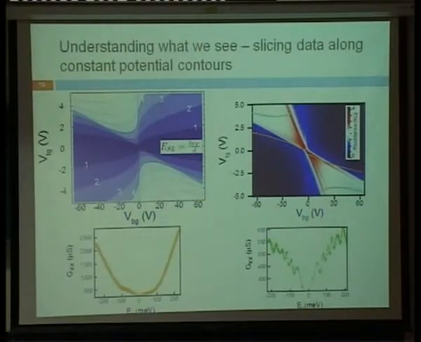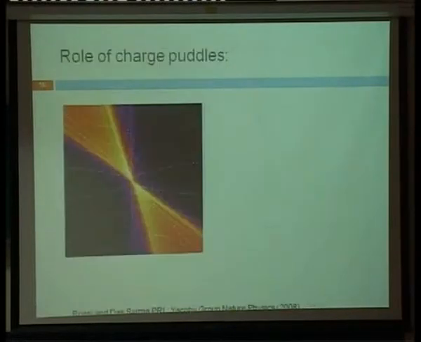other energy scale in the system, which is the puddle energy scale. So, the role of charged puddles. I'm sorry, there's a very important set of references related to this which I've got cut. But the role of charged puddles is very key to graphene, and this is something unusual about graphene that makes